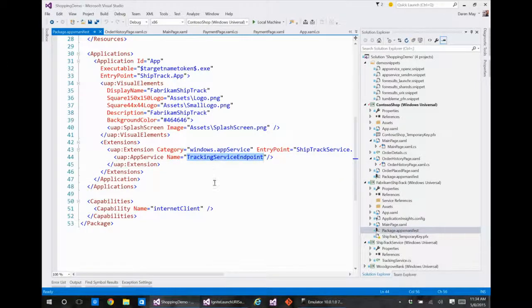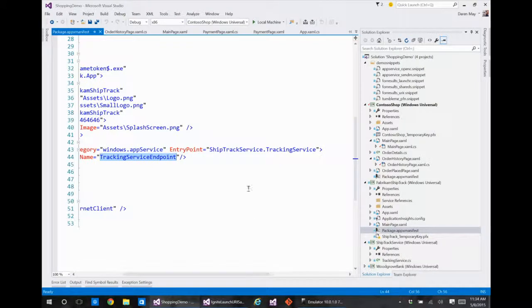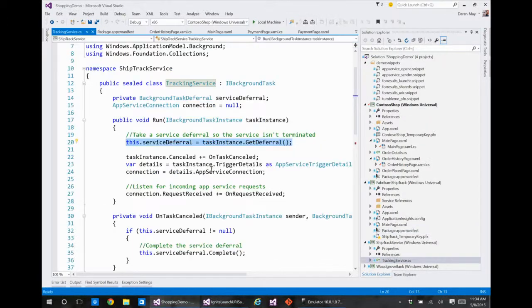Here's our app service name. And we also have to supply the class, or the namespace rather, of the class that implements this service. So shiptrackservice.trackingService maps to shiptrackservice.trackingService. Okay? So it's pretty simple and straightforward in reality. There's a lot of complexity that's going on behind the scenes on this.